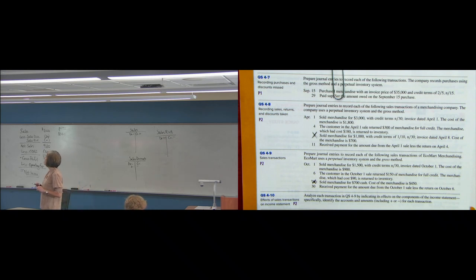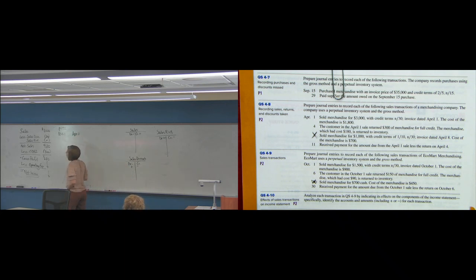Okay? So notice that I have the 8th scratched out there because it doesn't really have anything to do with the 1st, the 4th, and the 11th, and I just want to focus on one transaction for now. So April the 1st sold merchandise for $3,000 with credit terms net 30. So tell me what that means. No discount and they got to pay in 30 days. Not everybody is going to offer a discount. You pretty much do whatever you want, but in this case, no discount. The invoice is dated April 1st. The cost of the merchandise is $1,800. So someone,